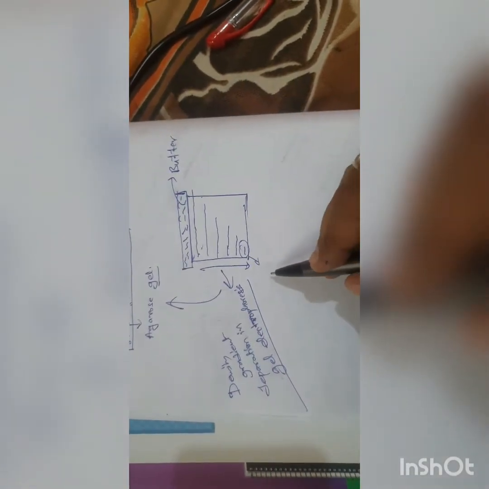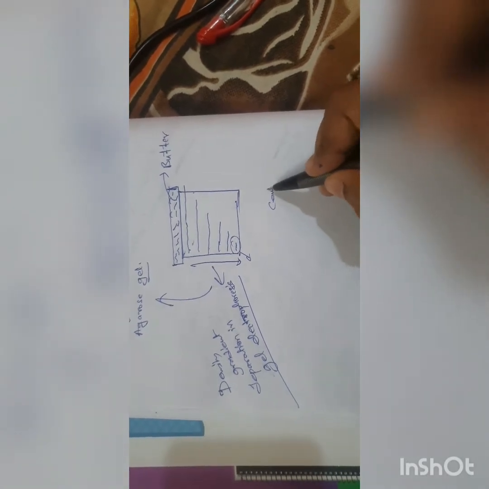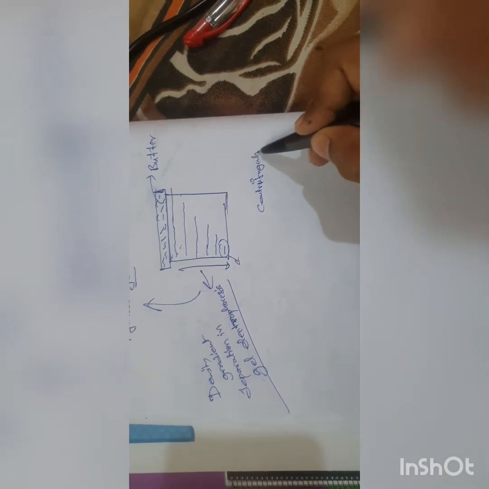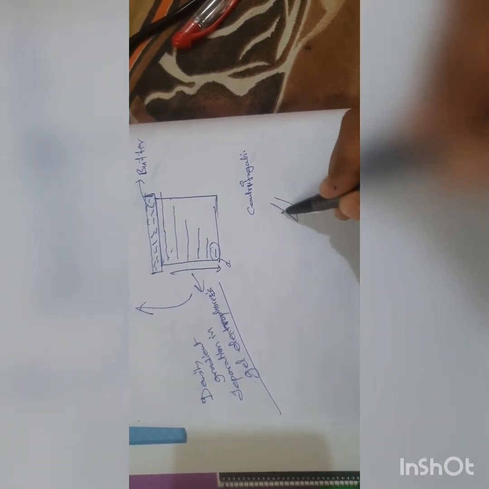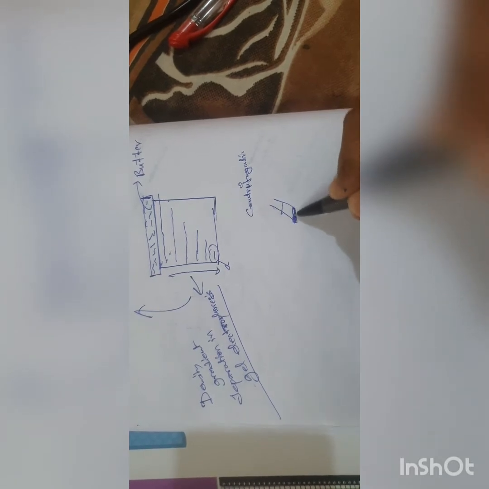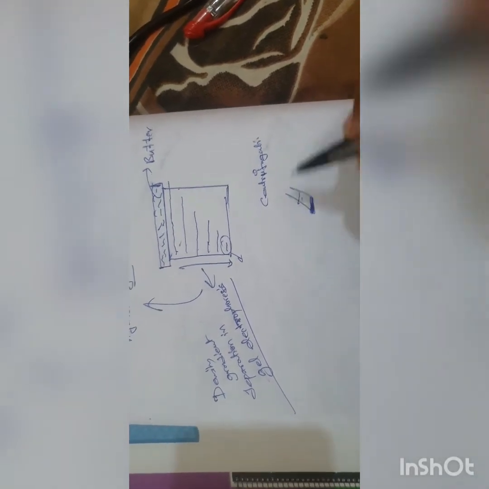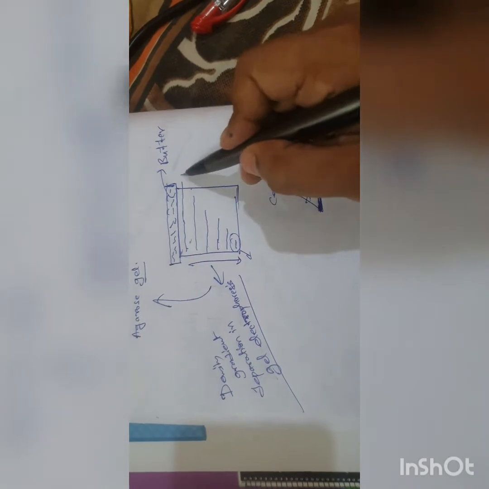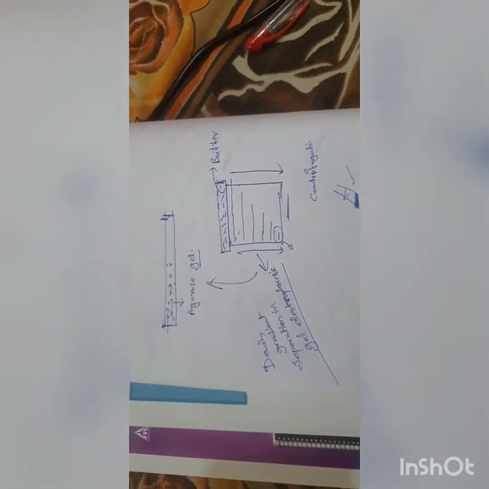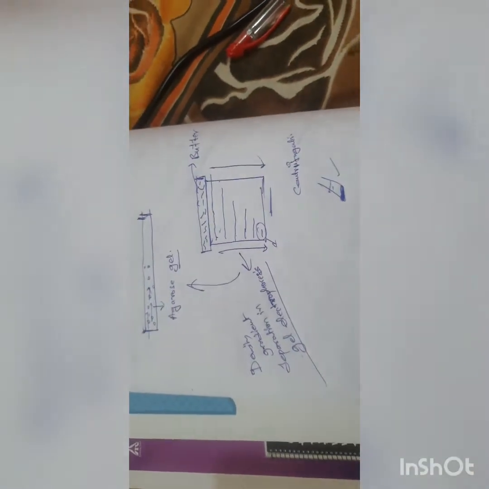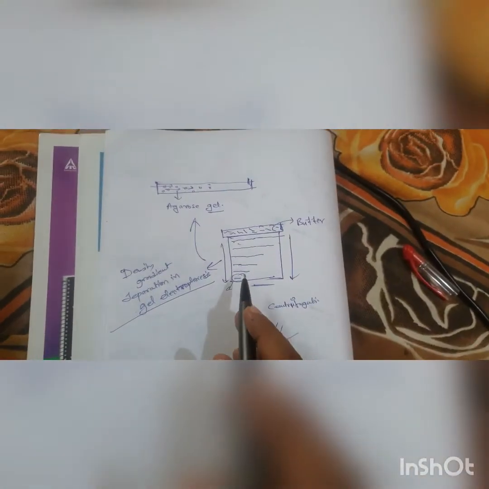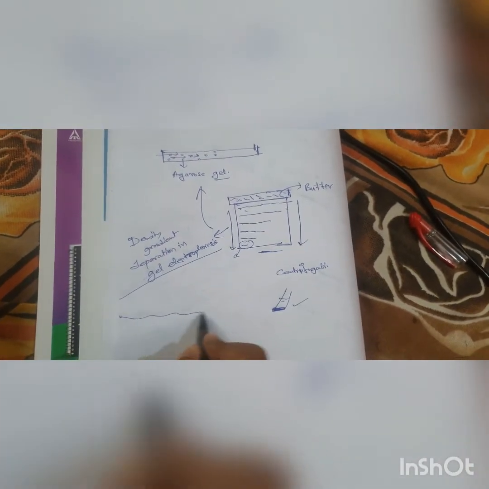Now, many say that density gradient separation is centrifugation, but centrifugation is different. In centrifugation, you take the bottle and rotate it, and then the heavier things come down and the lighter things remain up. So that is also the same type of concept, but it is happening in a gel. Okay, so this is density gradient separation in gel electrophoresis. This is one thing that you understand first. Keep it in one corner of your brain. If you have understood up to this much in the previous video, now we move forward.